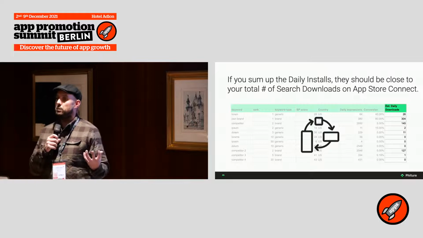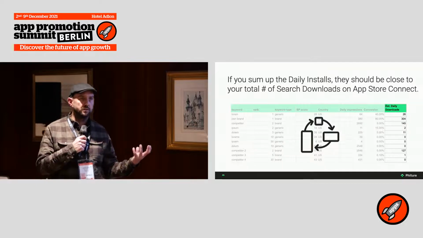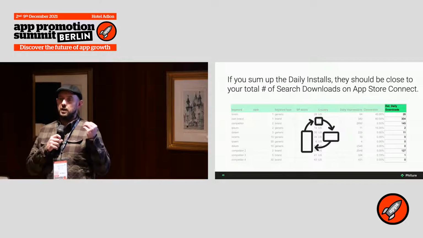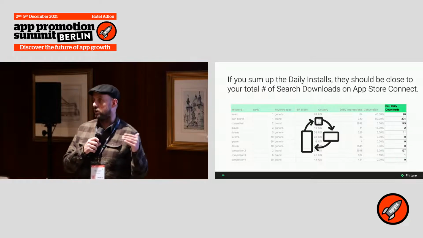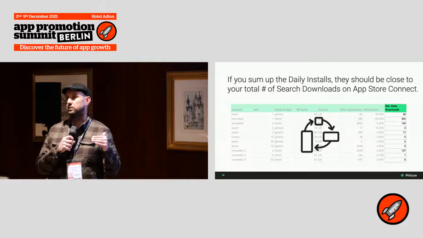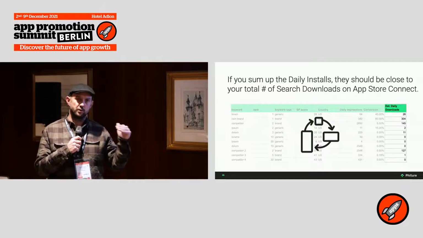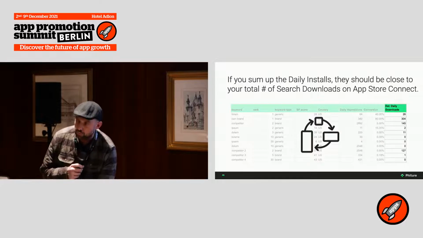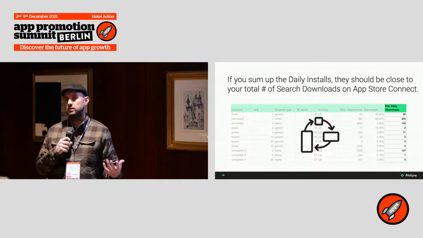If you then combine all those together, what you should end up with is a number that is very, very close to what you're seeing in App Store Connect in terms of the number of search downloads. And that was really what we were trying to get to,